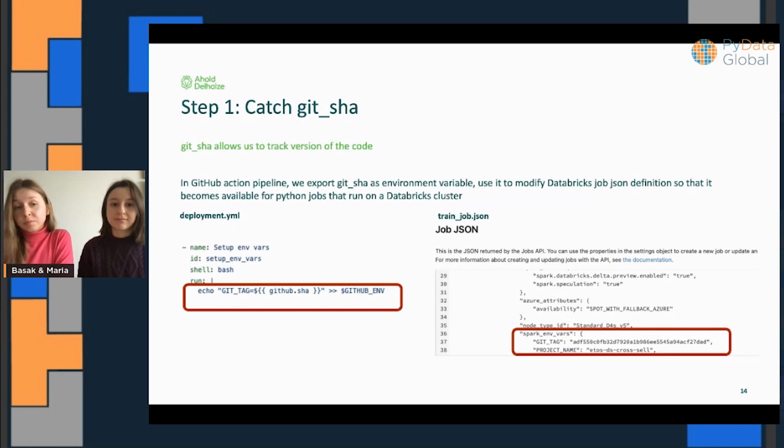Then we have that as an environment variable in GitHub Actions, and we use this information to modify our job definition inside GitHub Actions. So basically, the output would look like Git SHA passed as an environment variable inside our job, which will make it available for us to catch it and pass it further.